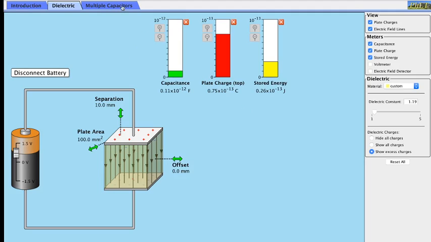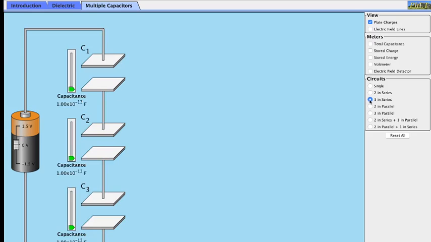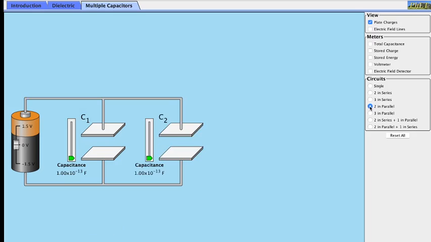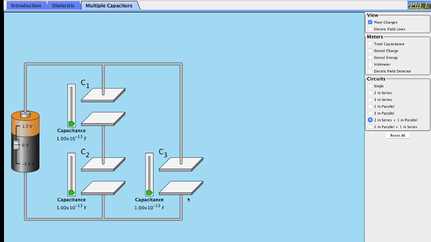the next is the multiple capacitors. So multiple capacitors are here sa capacitors natin is wala silang mga dielectric. Okay, so mga parallel plate capacitor na ang between lang nila is yung vacuum, di ba? So multiple, from the word multiple, marami silang capacitor. So pwede single, pwede din 2 in series, pwede 3 in series, tsaka pwede 2 in parallel, 3 in parallel, meron ding 2 in series with isa parallel, at may dalawang parallel at isa series. Okay,